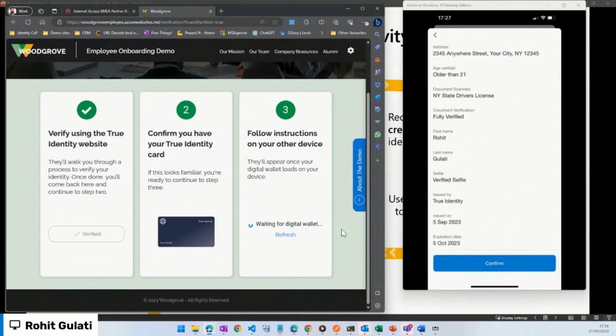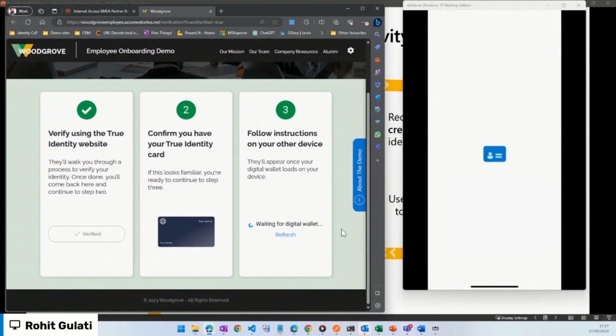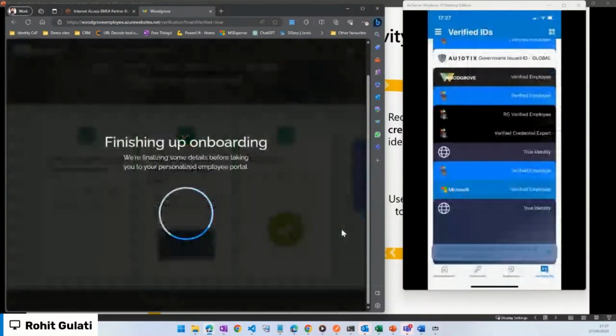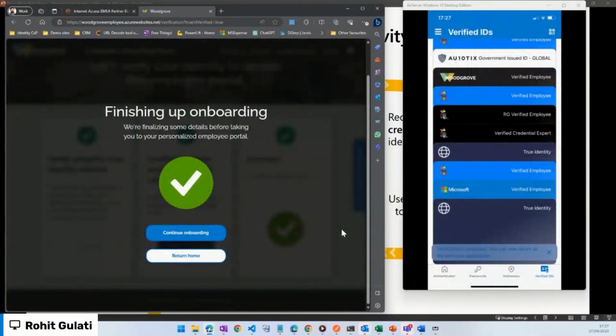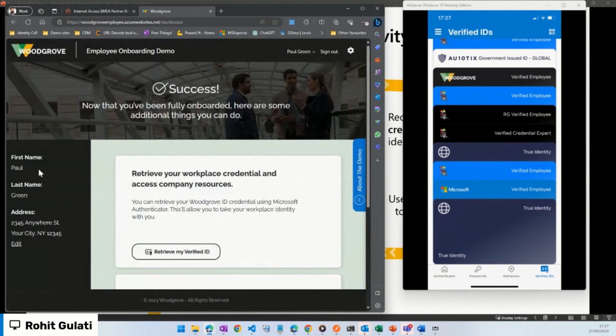So this one was issued, I think this should still work, but I can go about selecting the one that was issued today. So maybe let me select the one that I just did, and I can click on confirm, and I can click on share. So the user did an acknowledgement that I'm okay to give this credential. User has given the confirmation, and you can see the application in the background within a flash accepted the credential, took the claims, and when I click on continue onboarding, you can see that the user